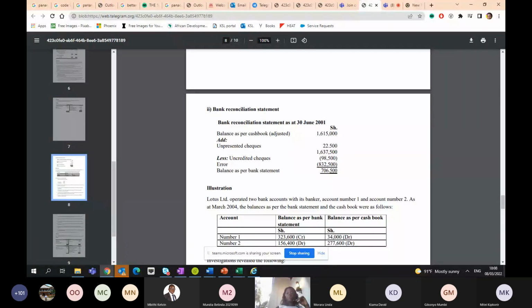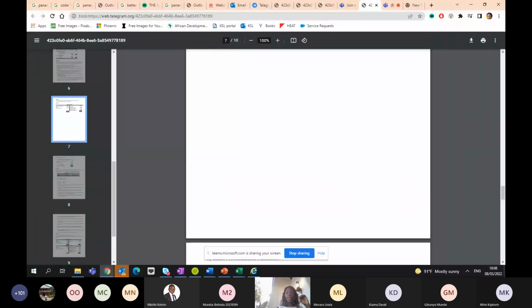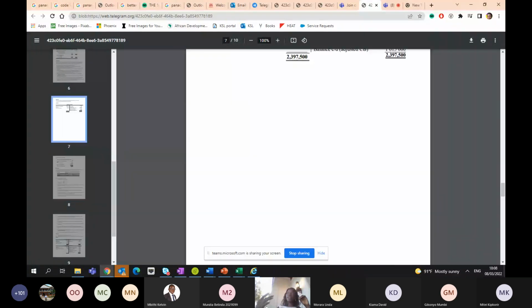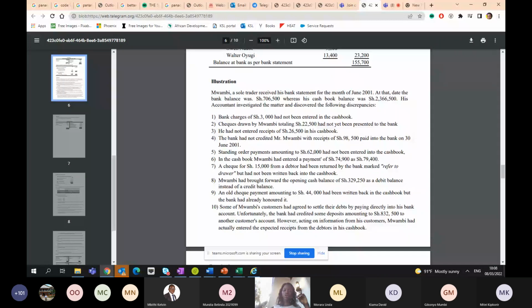Now, once you're done with that, you then balance it. Whatever the balance is, that's your updated balance, and this is like 1.6. So we start with 1.6. Then we go back to our list, and now we look at the 3 issues that we had marked out, which is number 2, checks presented to the bank. And we also had,